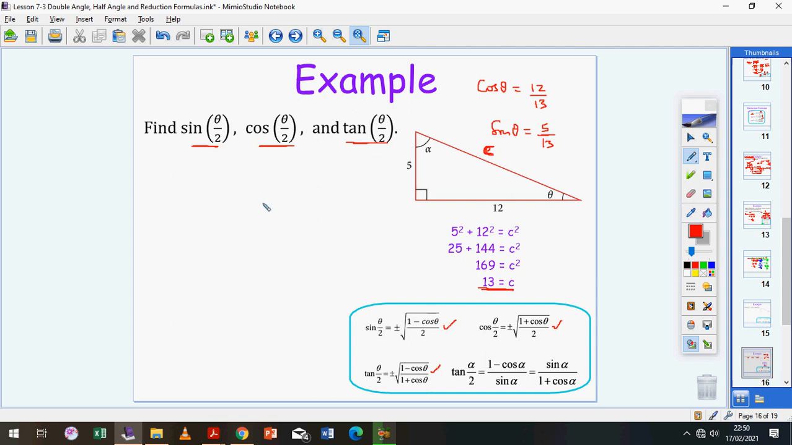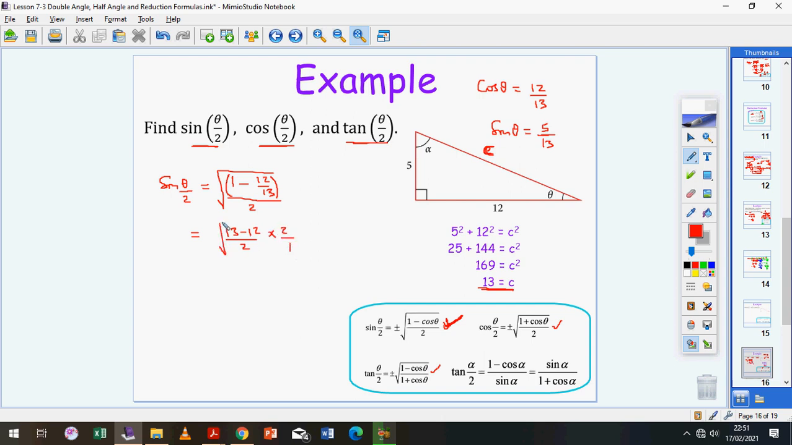if I want to get the half angle for sine, then sine of theta over 2 is equal to, using the first formula here, the square root of 1 minus cosine theta, where cosine of theta is 12 over 13, all divided by 2. So if I reduce the fraction inside the square root in the numerator, that will be 13 minus 12 over 13. If I do KFC, that will be times 1 over 2. I hope you can see that